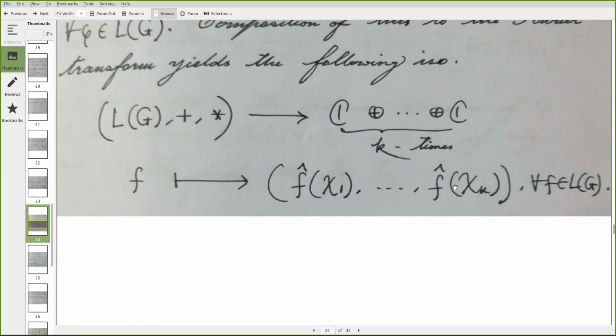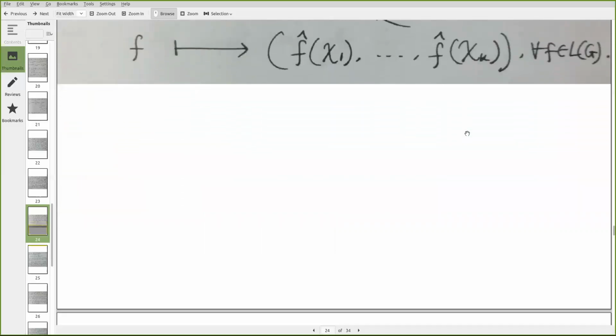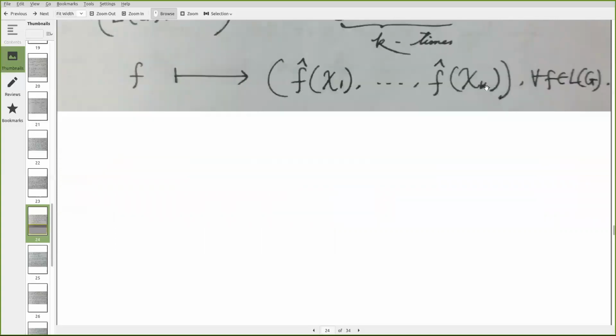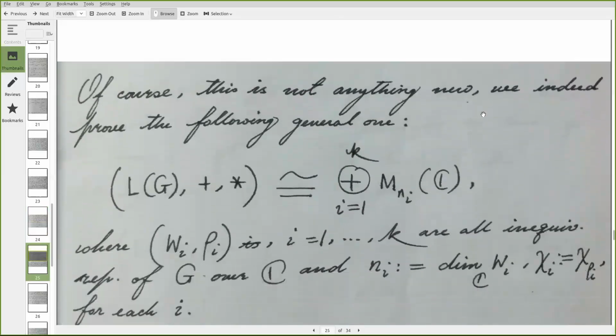But here, again, let me repeat, the isomorphism of these two structures was known, but the new thing is this very particular isomorphism. So in other words, the Fourier transform is the very particular isomorphism between this and that. Now this is what we have seen for abelian groups, and for any general group, this is what we have. I know they are isomorphic. So from that,